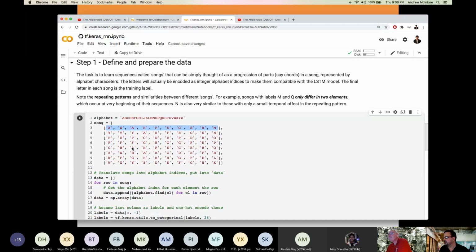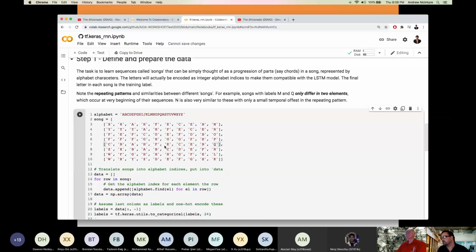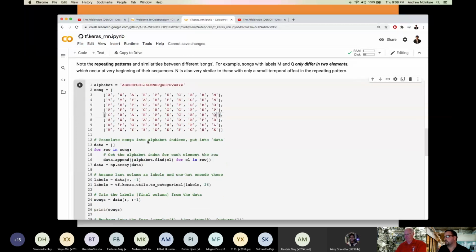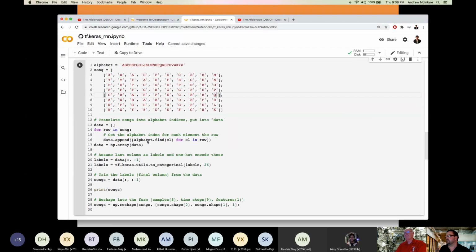It's only back here at B that it differs from X and C, at the very beginning of this sequence. And remember, this model is going to see these patterns in sequence and have to make a prediction about what song it's just seen based on the ordering. Really, this is the temporal nature.